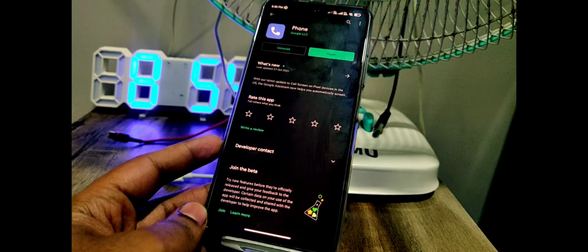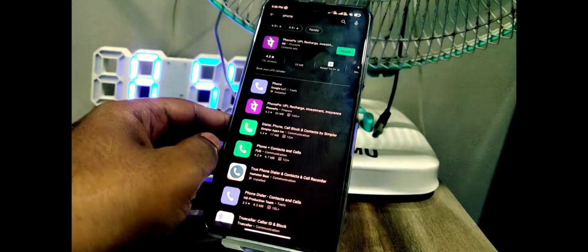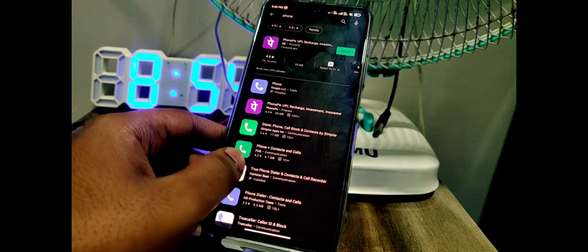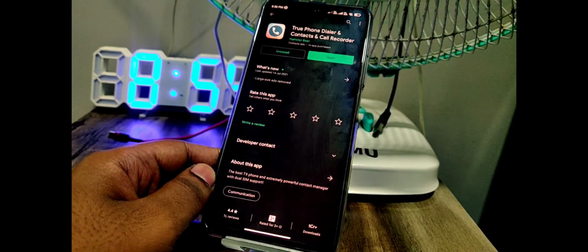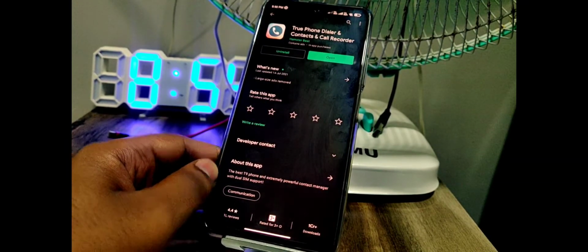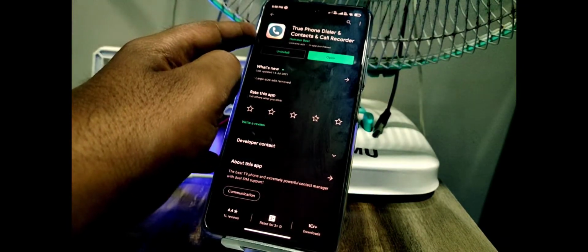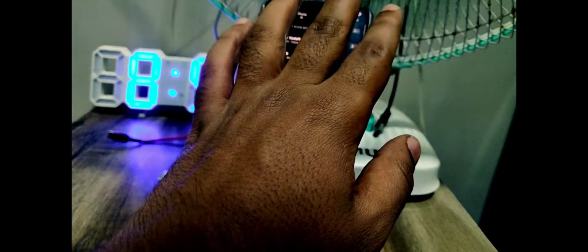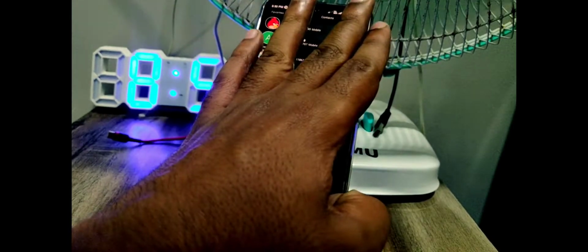So to solve this issue, we have a free application today, and the name of the application is called TruePhone. The link for this application is available in the description below. It's a free to use application. So once you install the application, go ahead and open up the application, and we will directly open up the